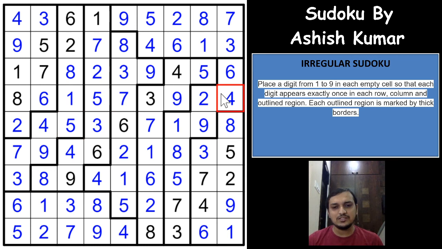And with that, we complete this gorgeous Sudoku. This is a very tough one, and thank God that we realized what mistake we did here. It was not too late, so we weren't able to place any of the sixes in this row because of just assuming that it has to be 1 7 8. And this was a very good Sudoku. It had this kind of logic that I wanted to showcase here. I wanted to discuss this logic, and this was a very good logic, and you will find such logics in most of the irregular Sudokus, which are very tough ones.